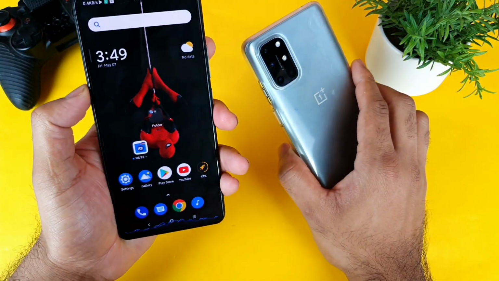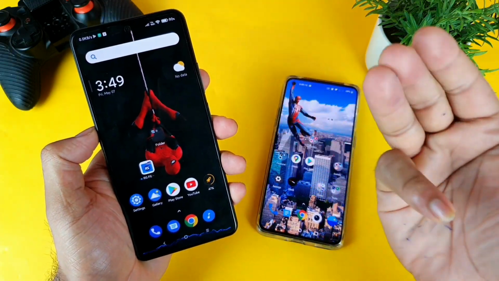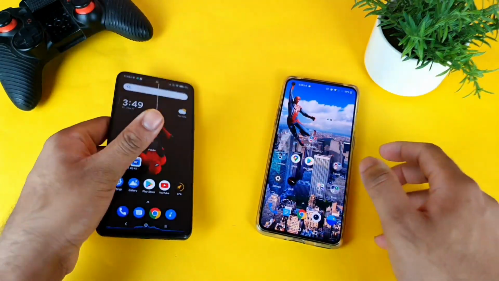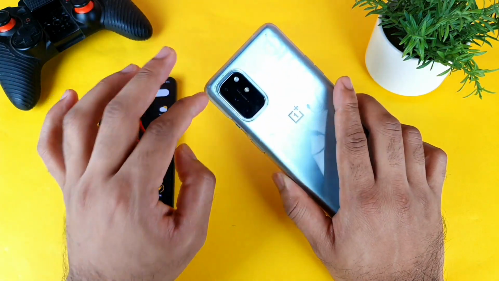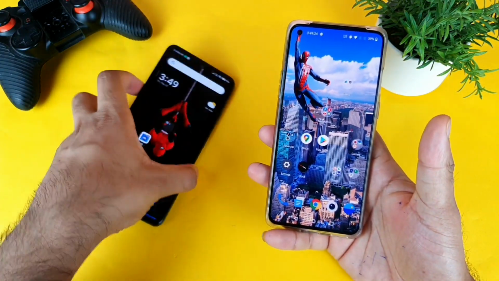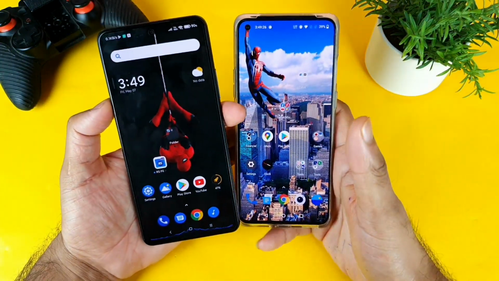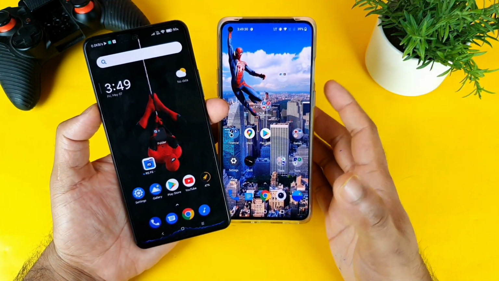The Snapdragon 870 is present in the MI11X device, which has a 128GB and 8GB RAM variant, whereas the OnePlus 8T also has the same 8GB and 128GB specifications, but the Snapdragon 865, which is slightly less than the Snapdragon 870. But let's see, friends, in this kind of video editing application, which phone will be able to export and render